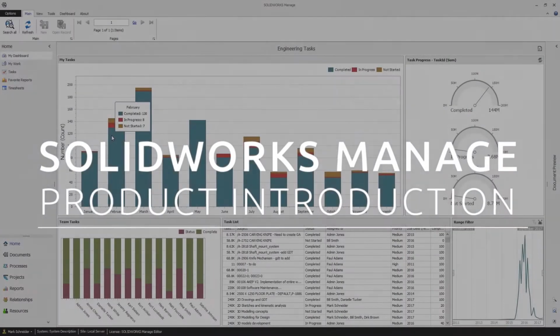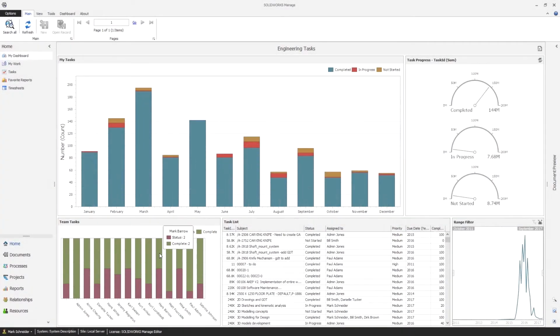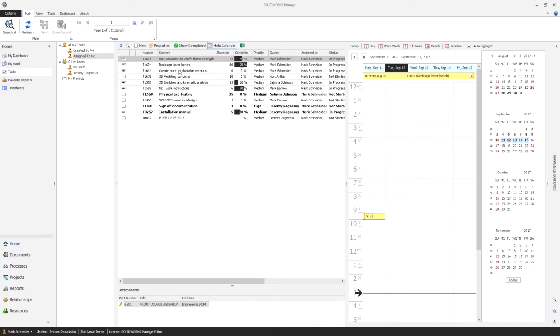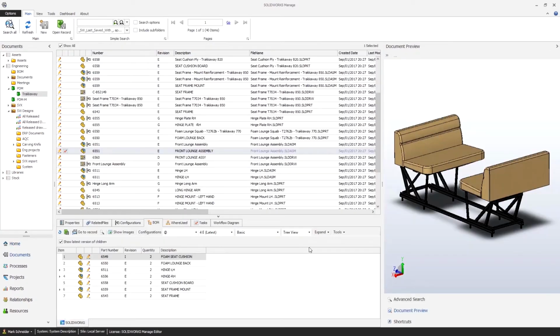SOLIDWORKS Manage is a new package that builds on SOLIDWORKS PDM Professional by providing a set of advanced tools for managing projects, processes, and items. SOLIDWORKS Manage is easy to use and implement and provides a comprehensive solution that eliminates the need to rely on